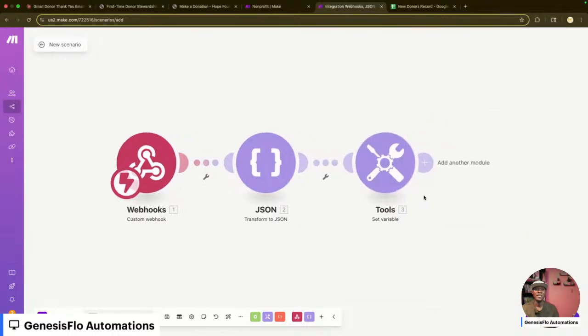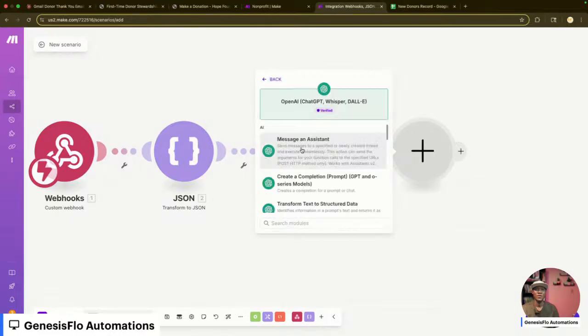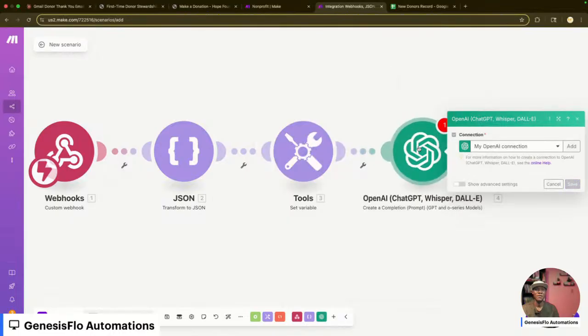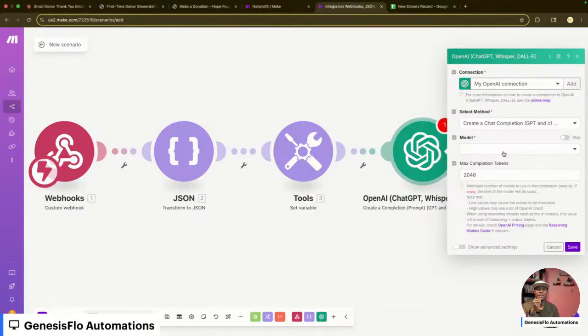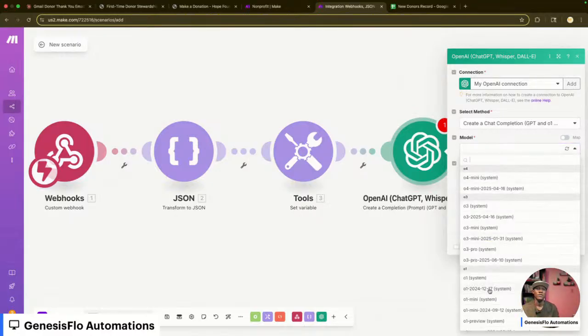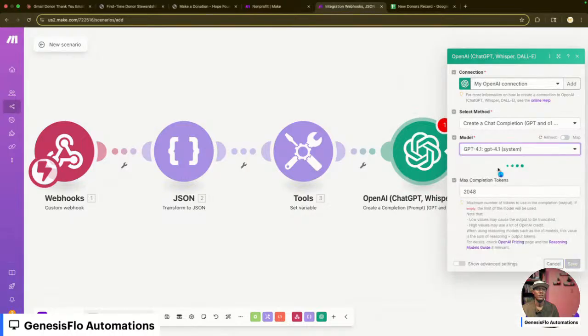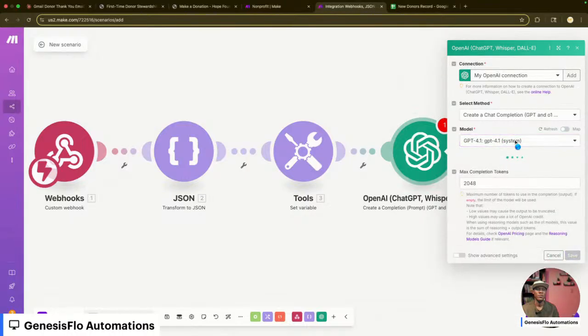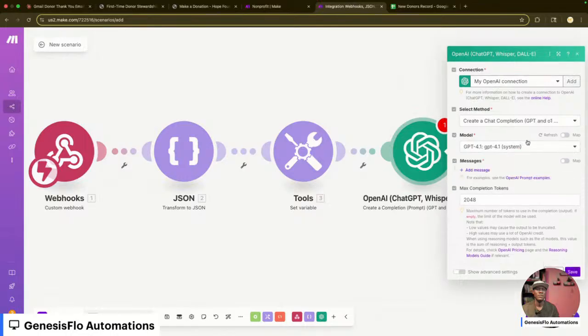And then we want a ChatGPT module that's going to extract the address, because the address is an object within an object, so it is a nested object, and we need to extract the other information from in there. So we're going to use GPT to do that. You don't need to use the 4.1 system, just use GPT 4.0.